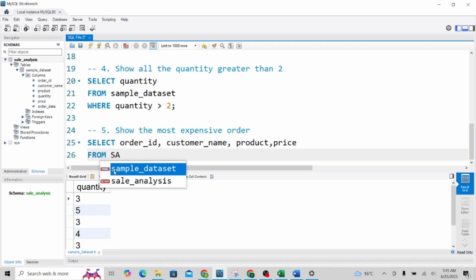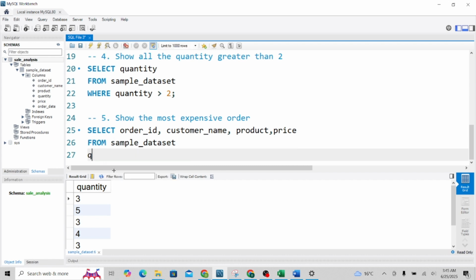from sample dataset. Where you have to use a where query, where price is equal to select max price from sample